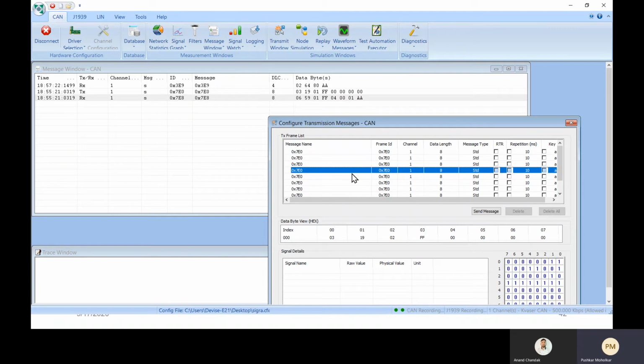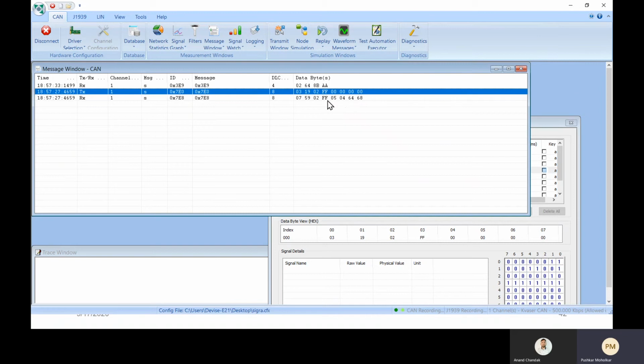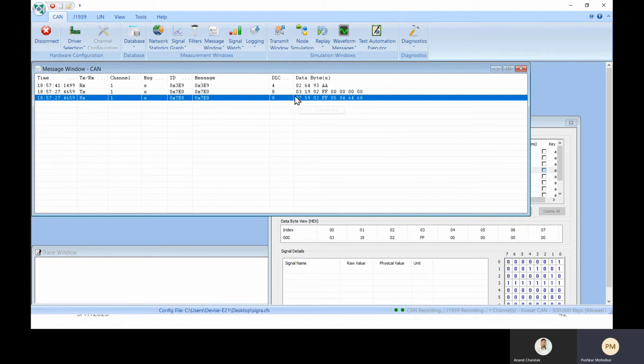So now let's query the DTC list from the server. So in our case, there is only one DTC. So as you can see, we have requested the server to send the DTC list, and FF was the status mask that we have used, and this is the response that we have received. 07 is the number of data bytes, 59 is the positive response, availability mask that we had requested. Then this is a 3 byte format DTC.